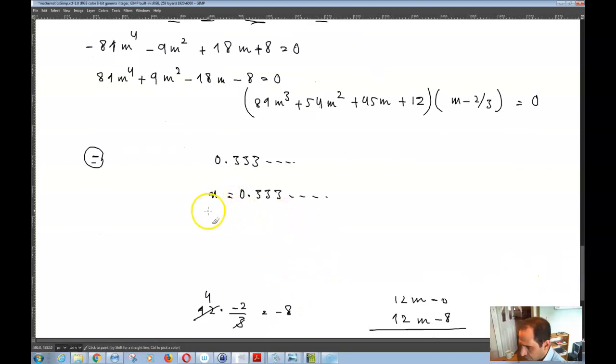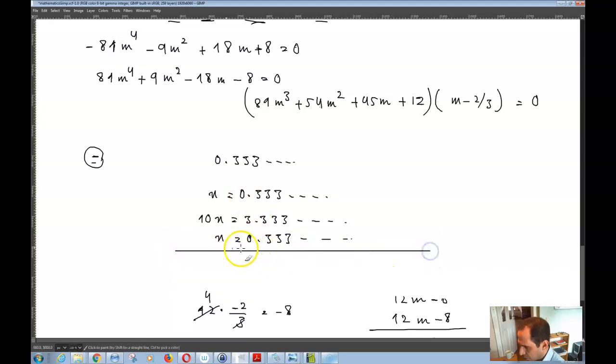And if I multiply this by 10, I'll get 10x is equal to 3.333 repeating. And now if I write this down here, x is equal to 0.333 and so on and so forth. If I subtract here, I'll get 9x, and over here I'll get